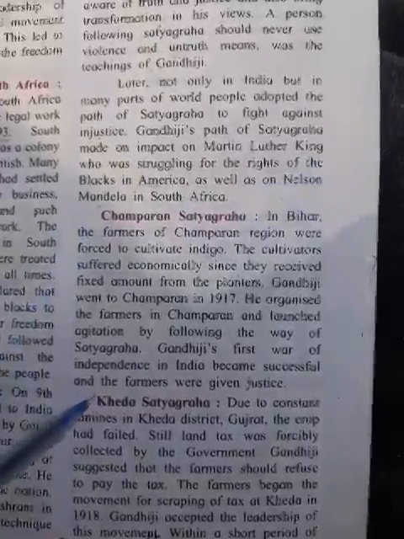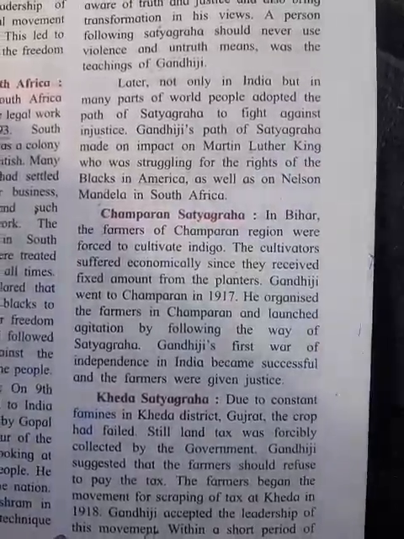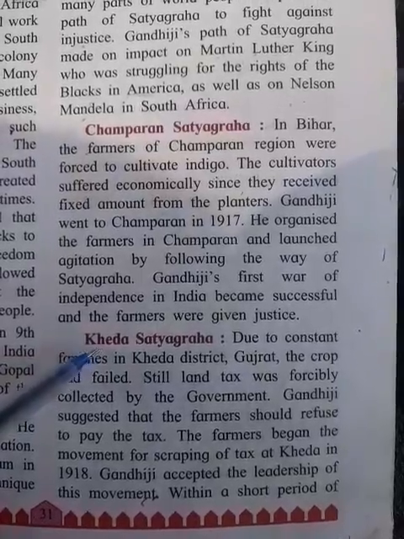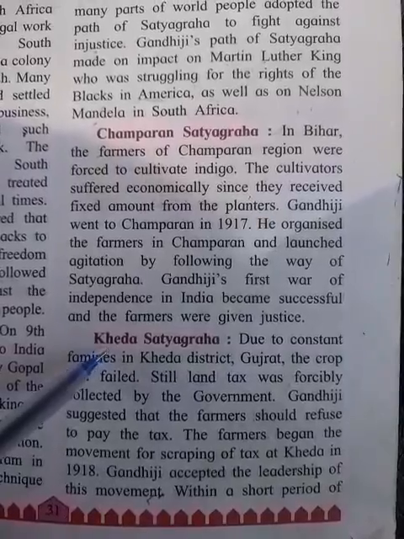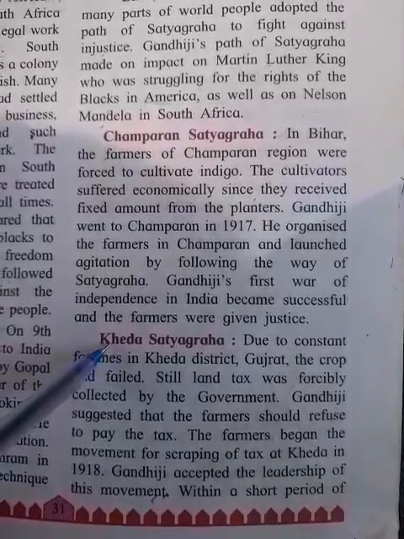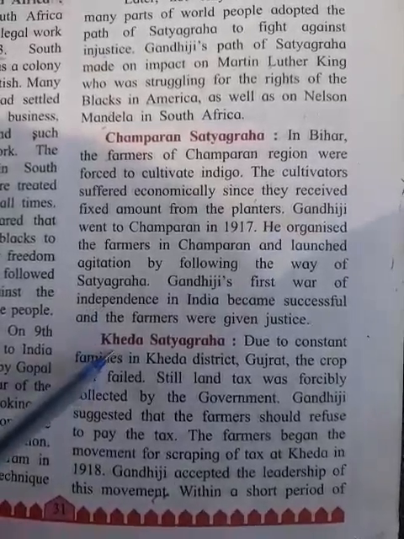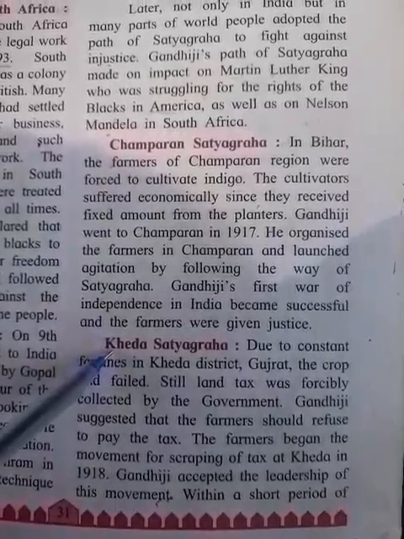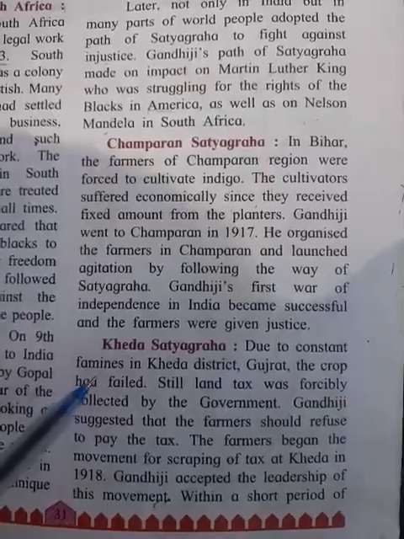Now second, Kheda Satyagraha. Kheda is also the name of a place, and here also Gandhiji did a Satyagraha for the people. And why? Why did Gandhiji use the way of Satyagraha in the Kheda region? Because of constant famines,